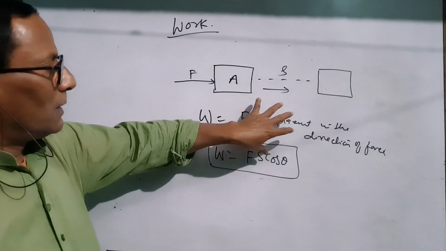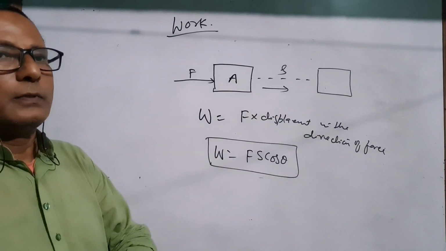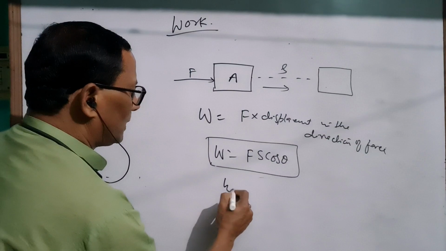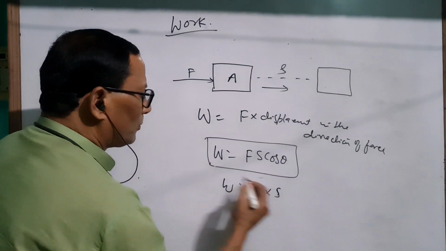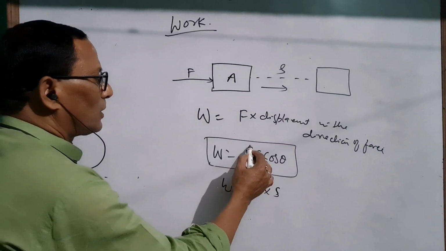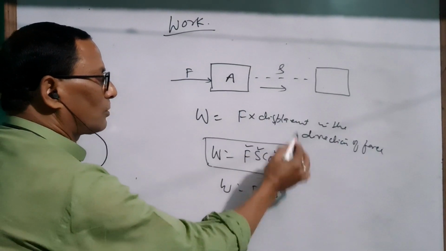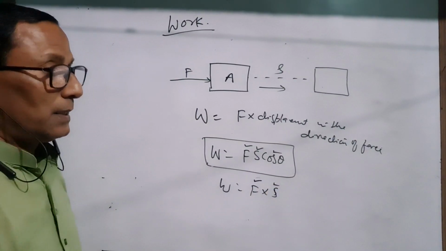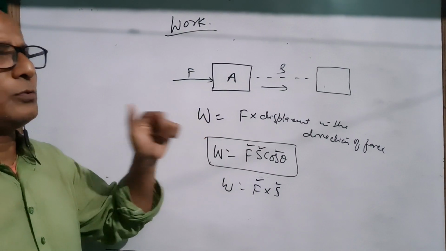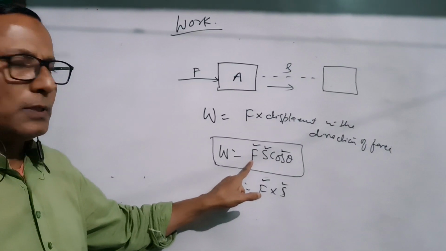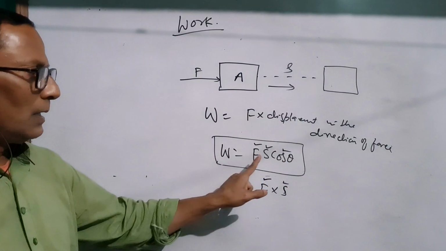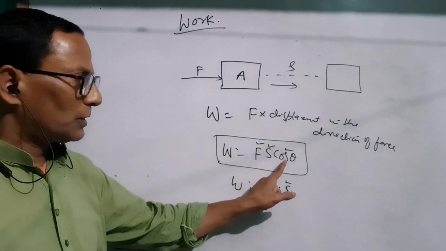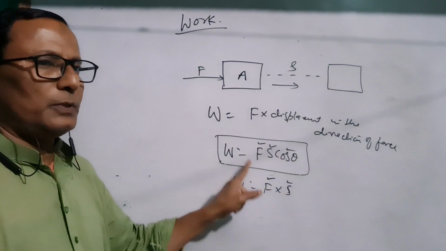Okay. When will the work done be zero? You see, the work is equal to Fs cos theta, or work is equal to force into displacement. Both the formulas, just try to understand. The work is the product of three terms: force, displacement, and cos theta. Here the work is equal to the product of force and displacement. If force is zero, then the total product will be zero, work will be zero. If displacement is zero, then the total product will be zero, work done will be zero. If cos theta is equal to zero, then the total product will be zero, work will be zero.